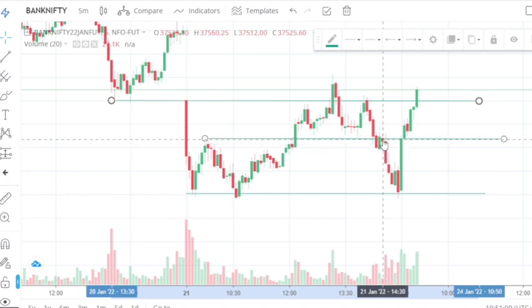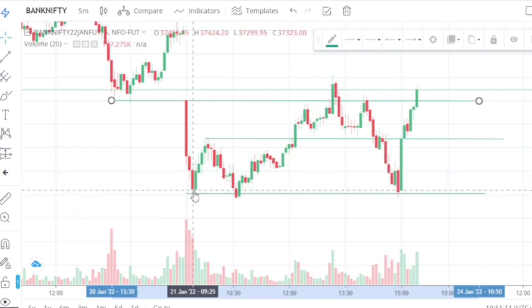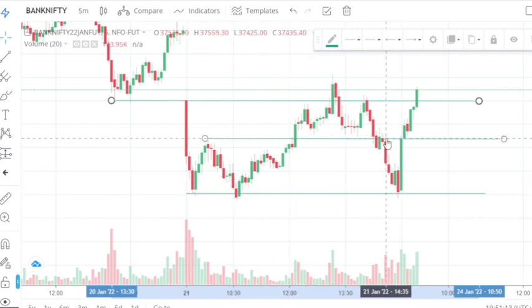This is a big volume candle. Now this is acting as a resistance, and next this is a big volume candle. So I'm expecting it will go up to touch this level. So what I'm doing here, even it may go up also. If the next candle is red, we have seen the next candle is again red, it means they are trying to push the market down only. So we have taken an entry at this point